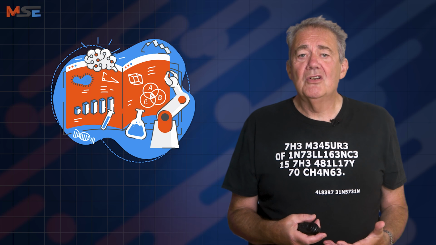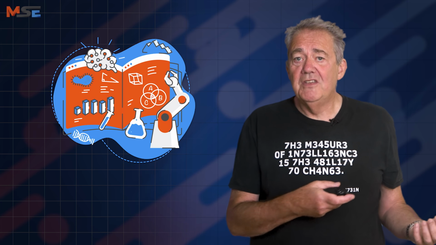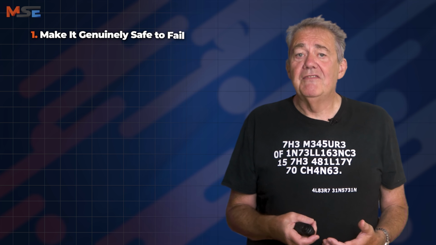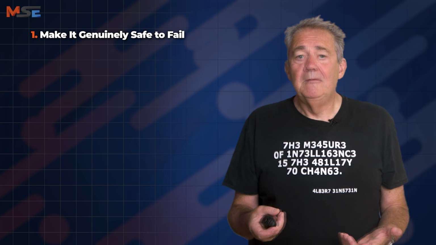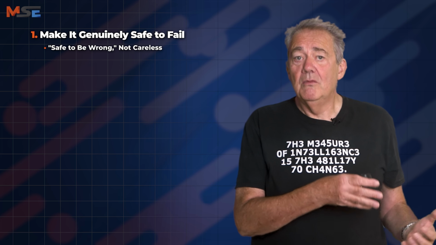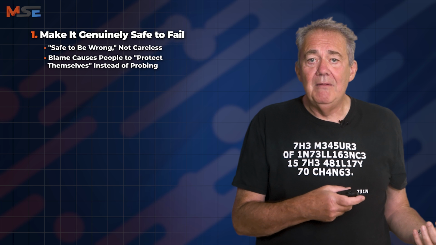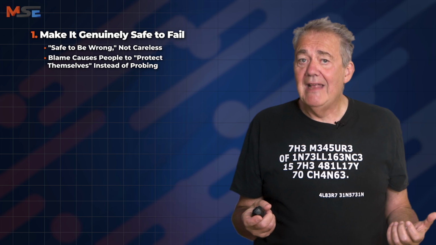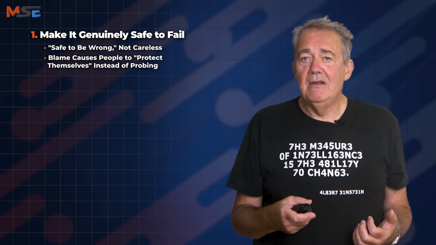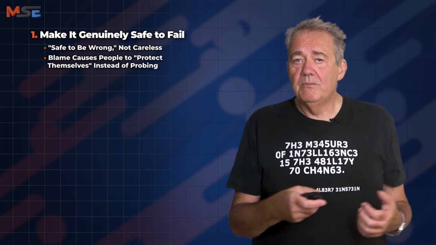Well, it comes down to creating the conditions where experiments are possible, and then the part that people often miss, making that change itself an experiment. First, you have to make it genuinely safe to fail though. Not safe to be careless, that's not what we're looking for, but safe to be wrong when you've tried not to be. If a disproved idea ends up with someone being blamed, then everyone around them learns that lesson really quickly. They will learn to keep their heads down and avoid trying things out, and instead to play it safe, always choosing the more conservative option to protect themselves.